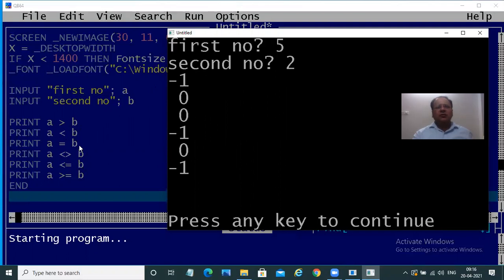A is equal to B, 5 is not equal to 2, hence 0. A is not equal to B, 5 is not equal to 2, so true, and true means -1. A is less than or equal to B. 5 is less than or equal to 2? No. So 0.